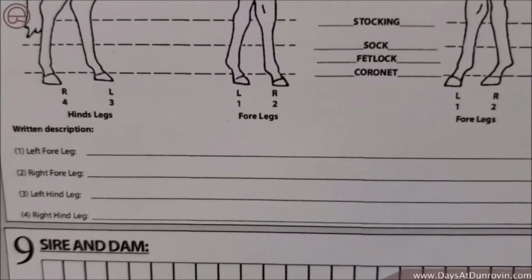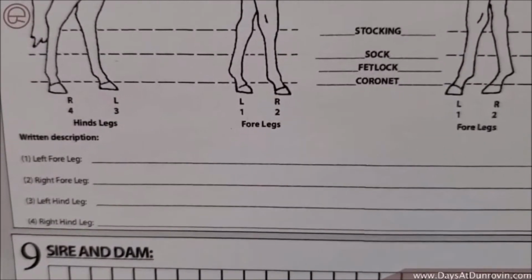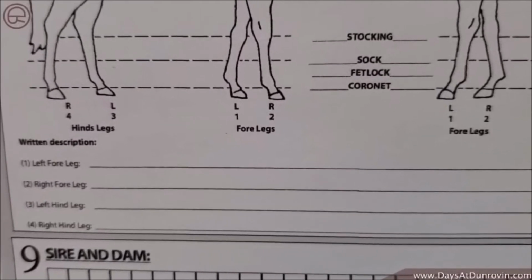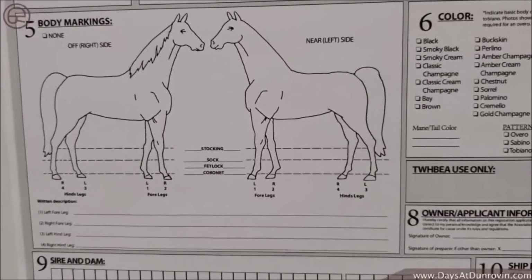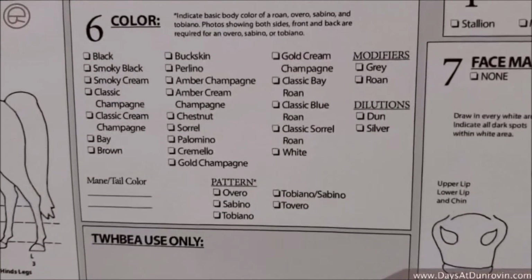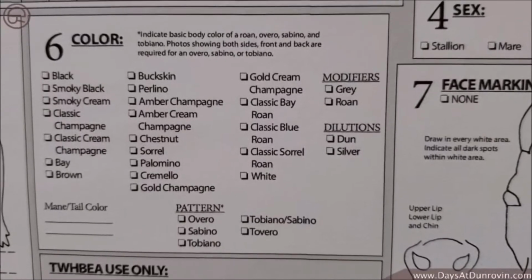That's the same thing that's down here. You got 1 left 4, 2 is a right 4, and so they're marking those as right and left side, and an ability to describe what this horse physically looks like. Now the color by the breed association, and it starts from black all the way down to bay and brown,